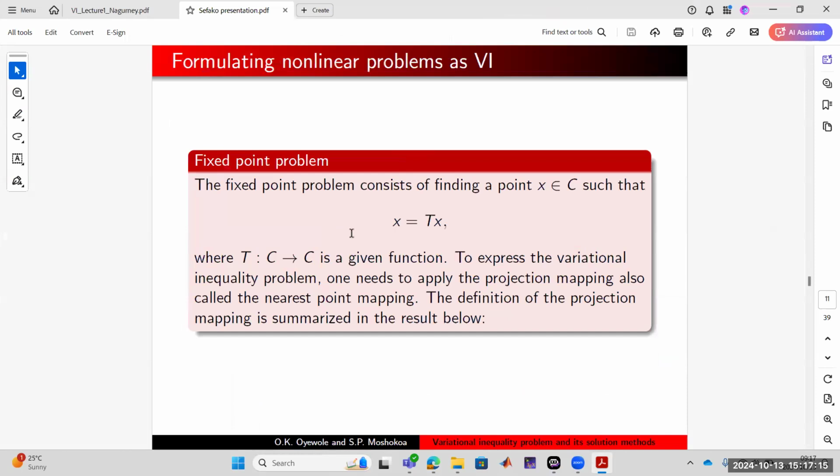Now, look at this. The fixed point problem consists of finding a point x in C such that x equals Tx, right? Where T from C to C is a given function. To express the variational inequality problem,